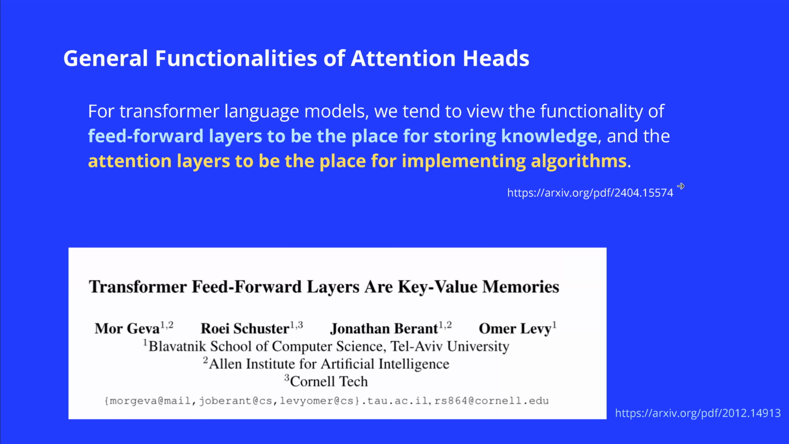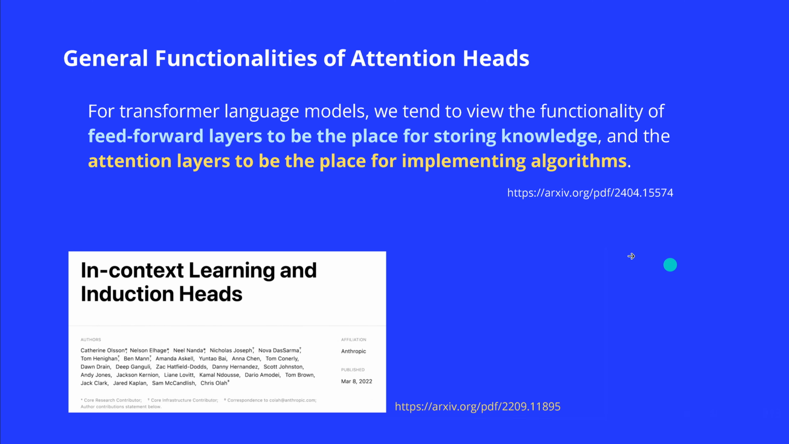A simple idea, and you see it's coming up, and in general what we know about the attention head is, we tend to view the functionality of the feed-forward layers, as I've shown you in the chart, to be the place for storing our knowledge, and the specific attention layers to be the place for implementing all our algorithms. So we have a beautiful balance. So if you want to learn about the feed-forward layers as the key-value memories, I would recommend this particular preprint to you. And if you want to learn more about attention layers to be the place for implementing our algorithm, or in the